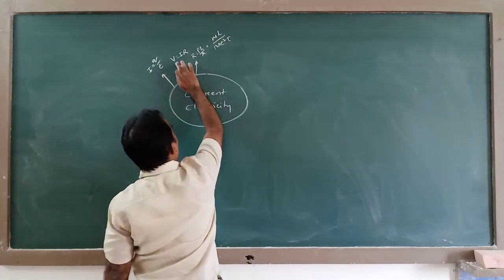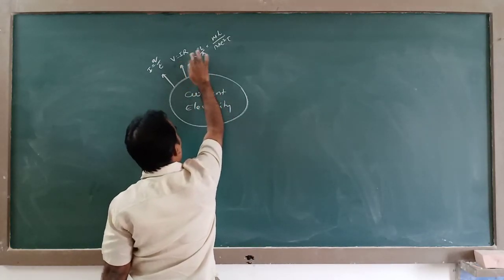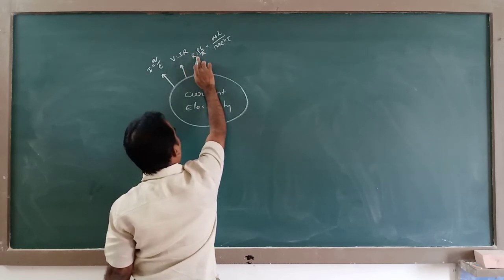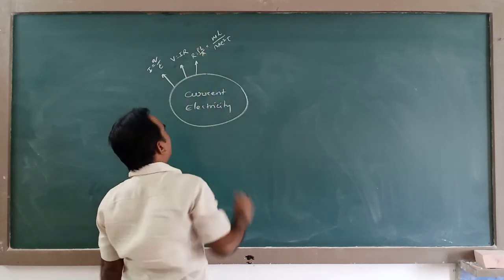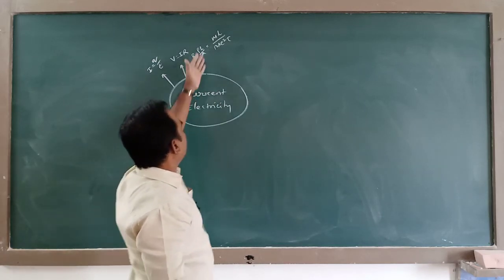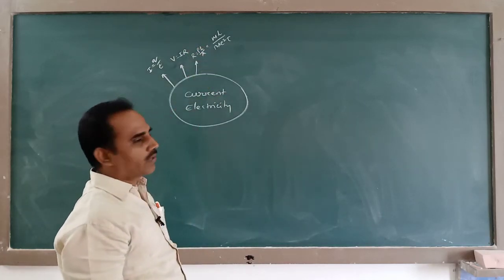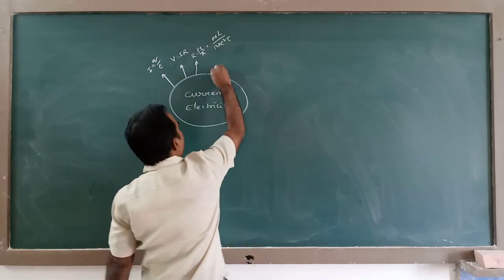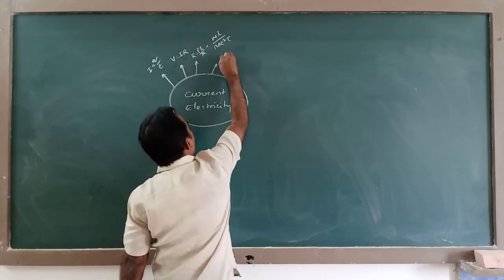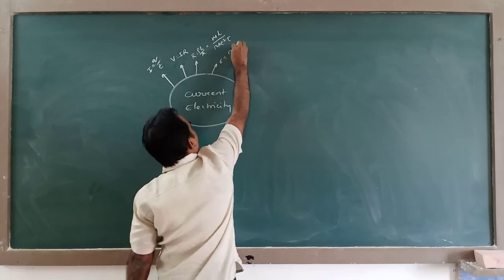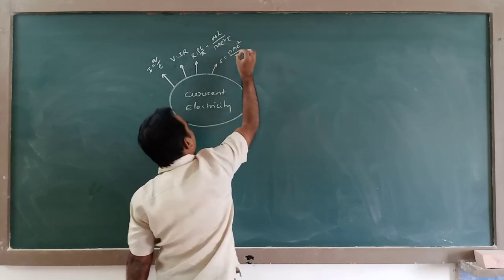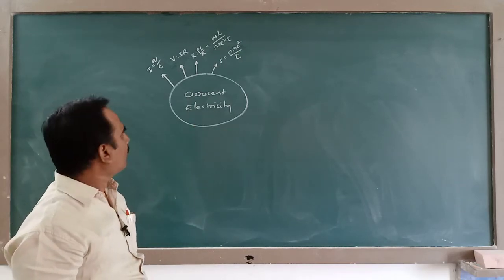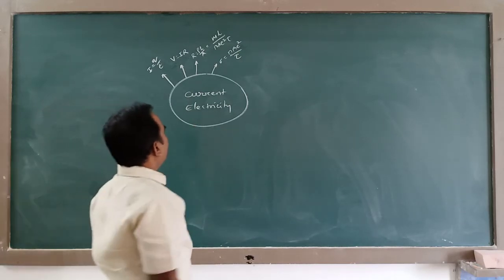So this is Ohm's law. This is the expression for resistance. This is resistivity rho L by A, and that becomes m L by N A e square tau. So from this you got the conductivity N e square tau by m. This is the expression for conductivity. I told that this derivation is important.